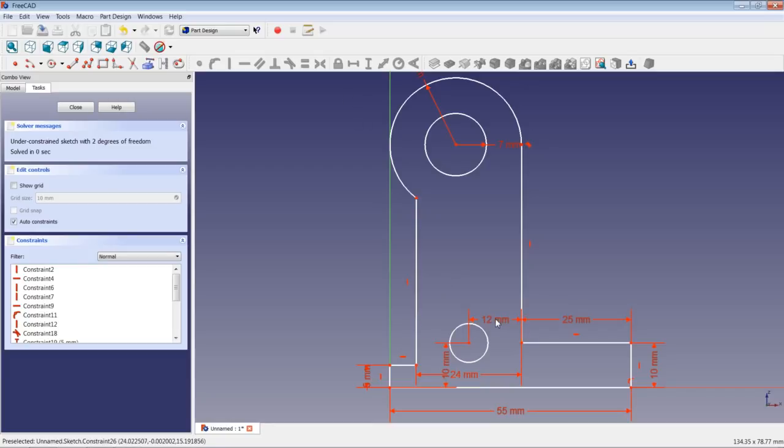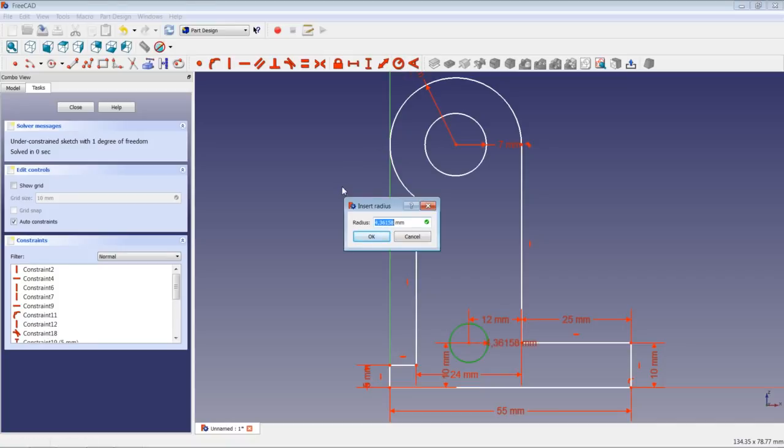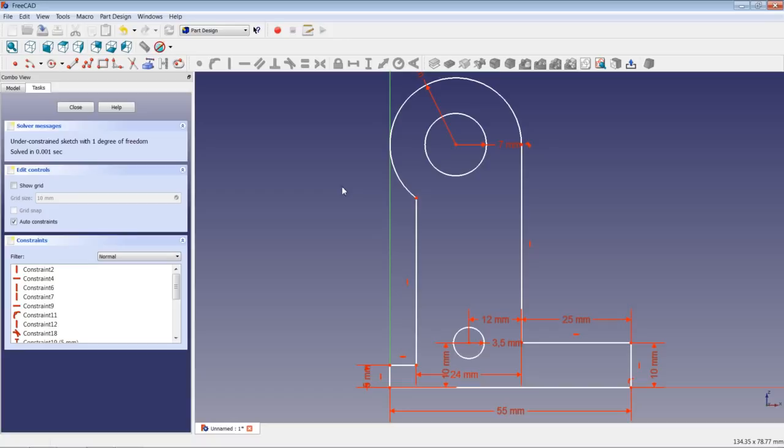This would automatically constrain the circle to be on the same vertical coordinates as this line, so with 10 millimeters, and in the middle of this distance, this would mean with 12 millimeters. Okay, so now we apply a radius of 3.5 millimeters,